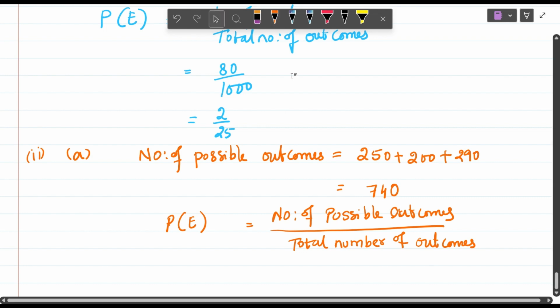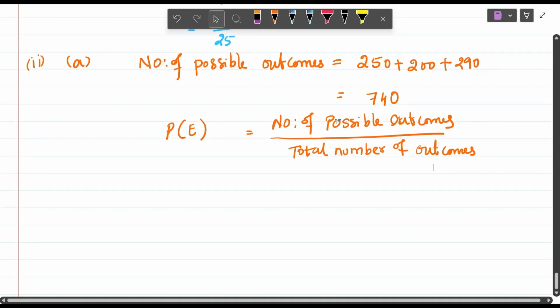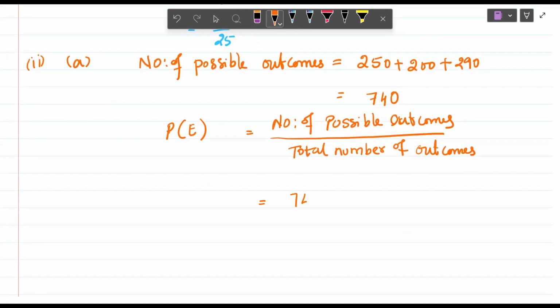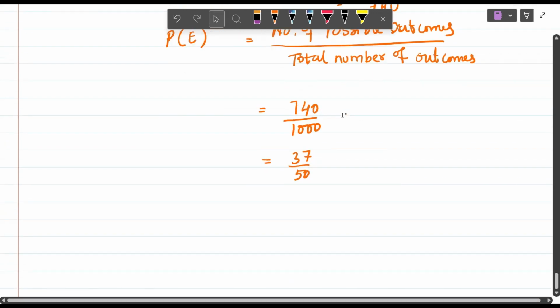So each and every time you have to write the formula, don't forget to write it, then only you will get the full marks. Okay, 740 divided by 1000. Now convert this into your simplest form, you will get 37 divided by 50. Okay, this is our answer. And second bit,